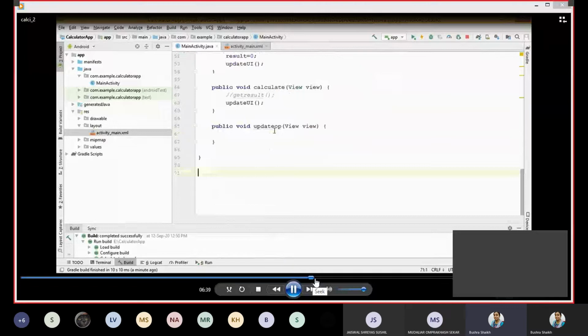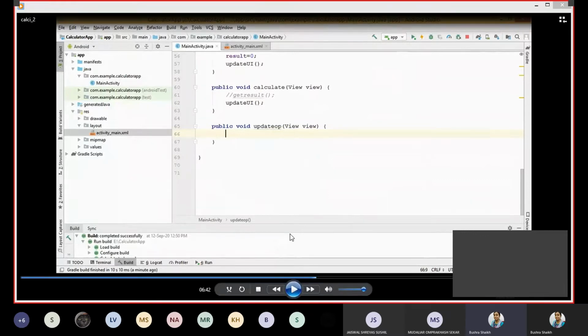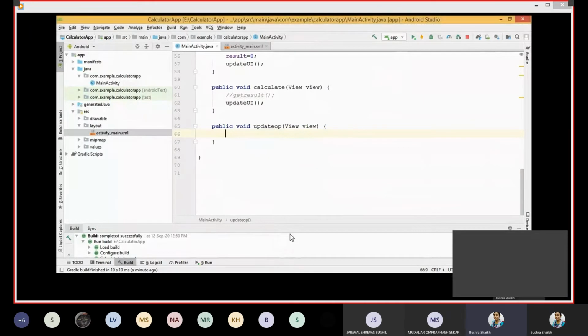Yeah, so what I was trying to do is update the operations, like plus and minus. First, just like how we have captured the operand, the same way the operation has to be captured. The operation string is already declared, while writing the update UI method. It's similar to numPress, since there was a similar action going on: whichever button is pressed has to be shown on your calculator screen.